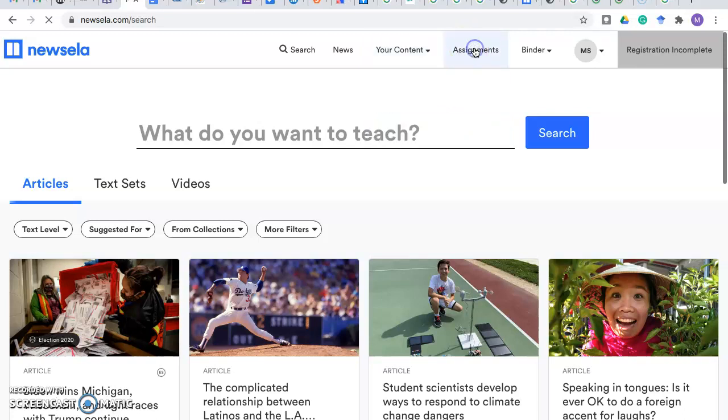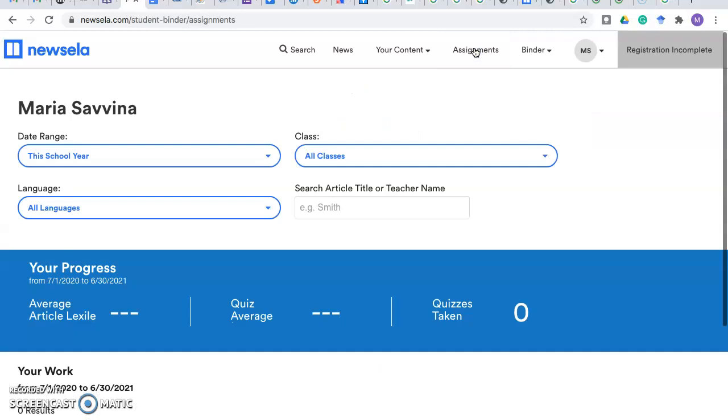This tab will prompt you to different assignments, and there is some information about the progress, about the quizzes, and about the reading levels, and so on, because it is like a beta version at the moment. Unfortunately, there is no information presented at this point, but let's proceed and take a look at what Newsela can